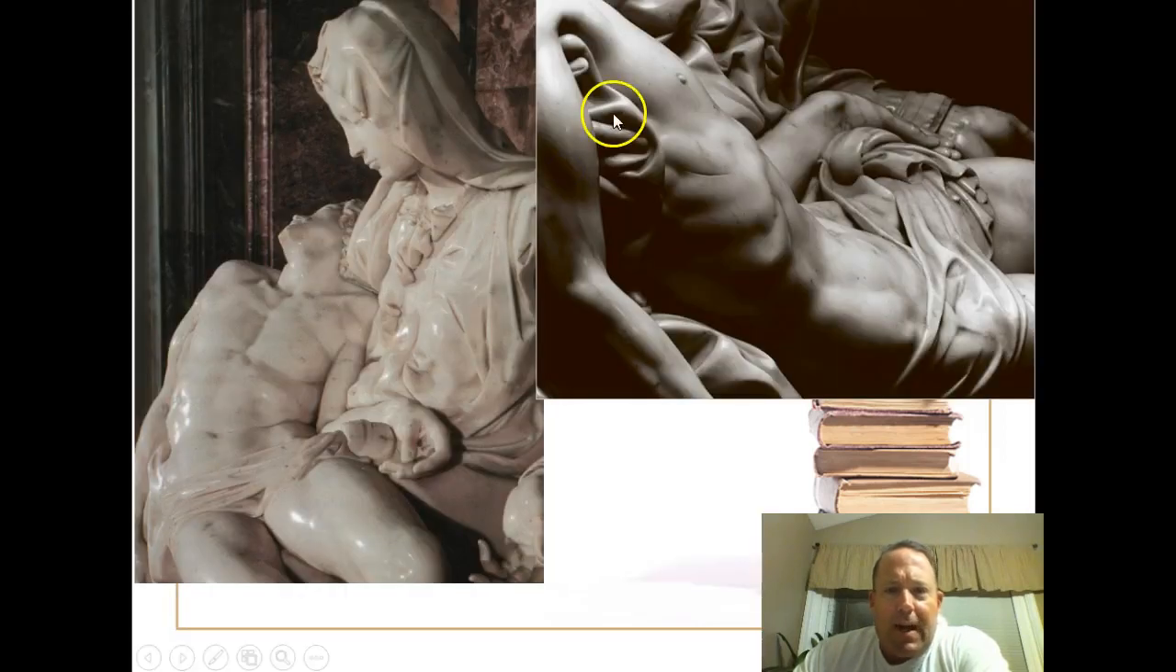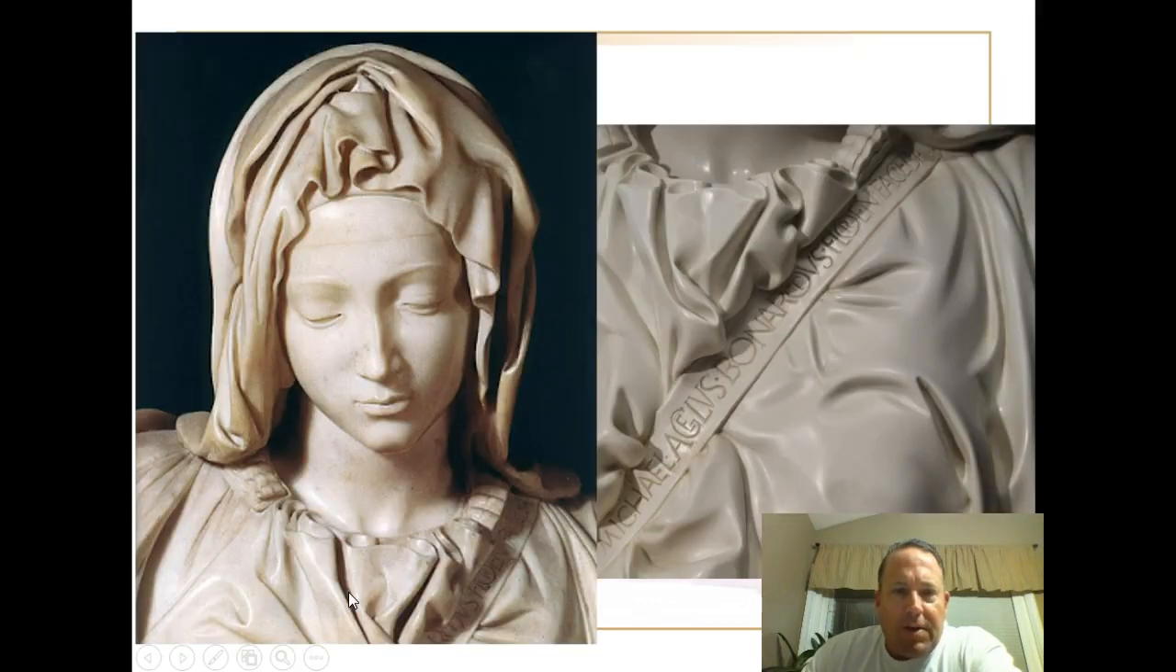If you look at the wounds here, this is where Jesus was stabbed by the Roman soldier. It looks incredibly lifelike. One of the other things that I wanted to show is her face. Obviously I said it's a dignified sense of grief, but if you look, she looks extremely young. And when asked about that,